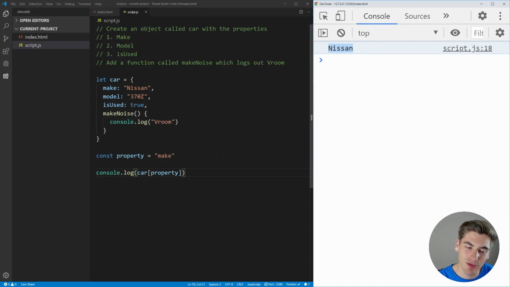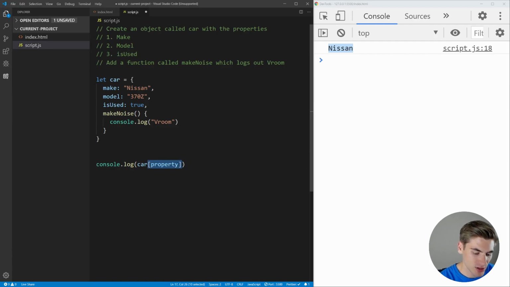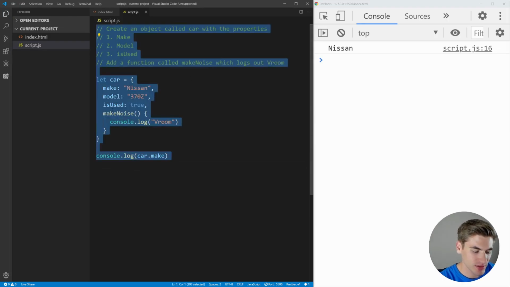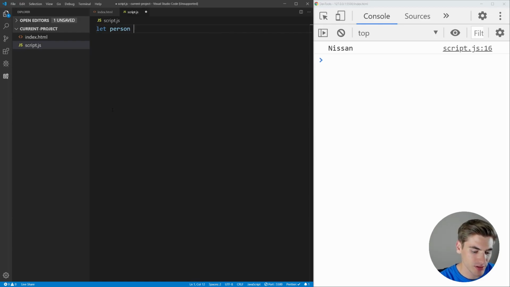This is something that doesn't really come up very often though, so I wouldn't worry too much about that. Just use the dot notation and just say .make, and that's going to give you the best results. Now, just like with arrays, we can put objects inside of other objects. So let's come in here with our person object, and we're going to say that our person has a name,